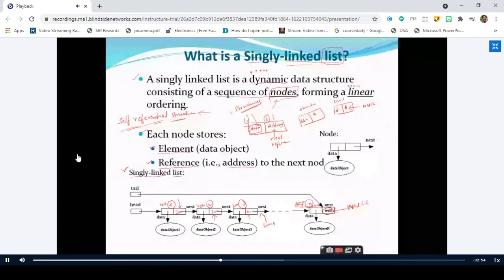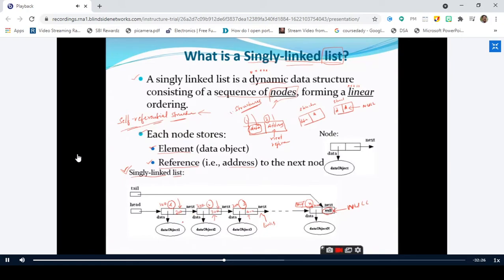If you take this node, it is going to have a link with the next node itself, right? So every node is going to be connected with only one link, single link. Therefore, a collection of nodes which are linked with only a single link to the next node is called a singly linked list. Is it clear?